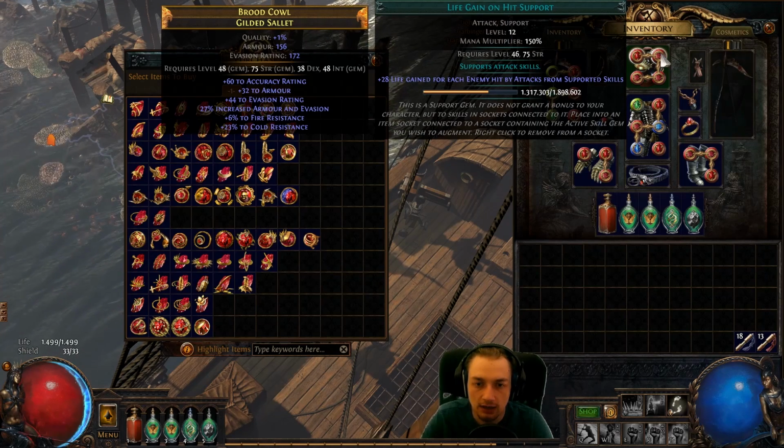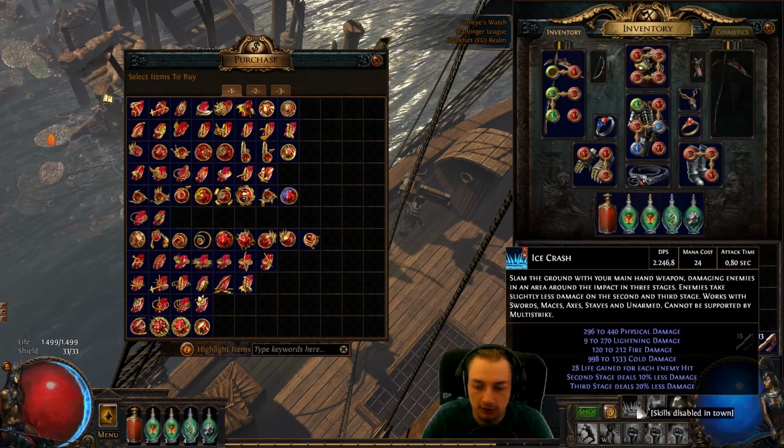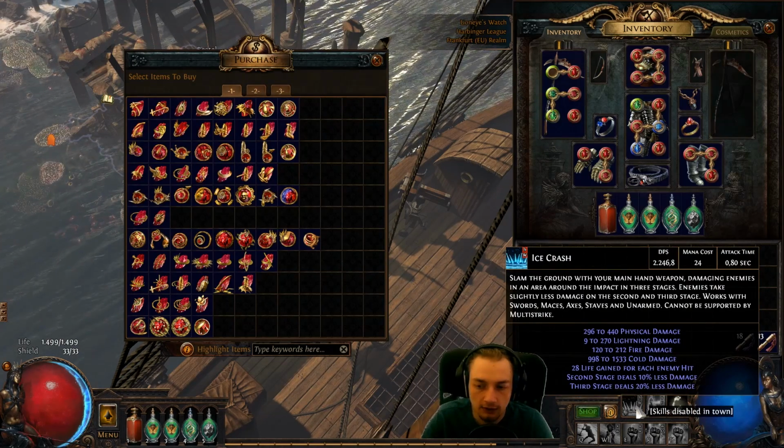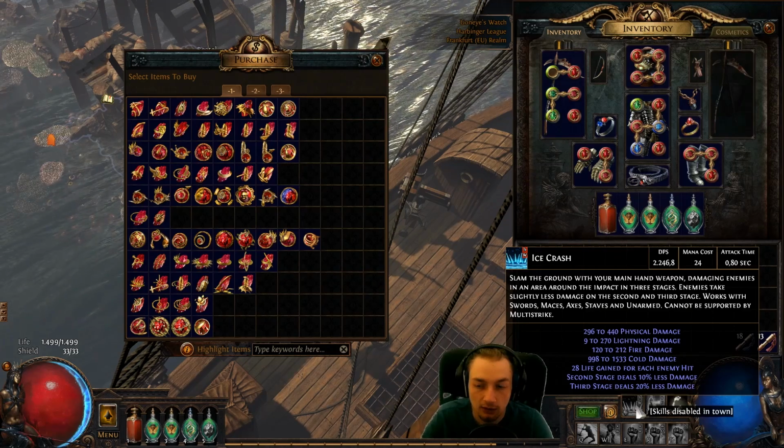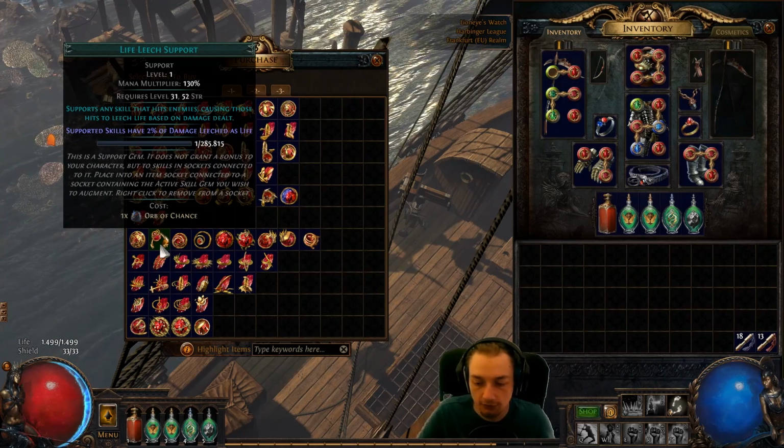And this one is 28 life gained for each enemy hit by attacks from supported skill. For each enemy. So this is good against masses, not so good against the big one. So let's say I'm fighting 3 of them at once. Let's just round it up to 30, so I'm at 90 life gain. This one says 2% of damage dealt. I deal how much damage? Let's say 2000. 2% is 40, so it's just 40, but it would be 40 on